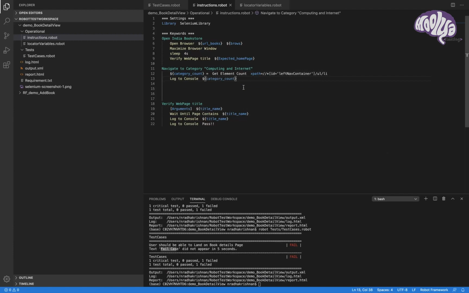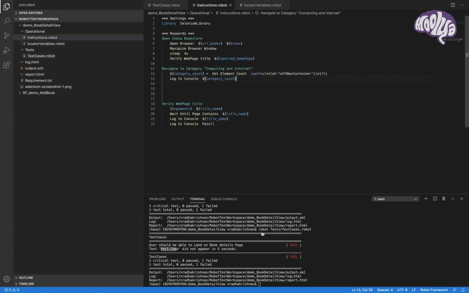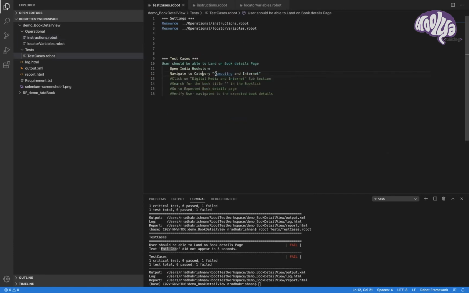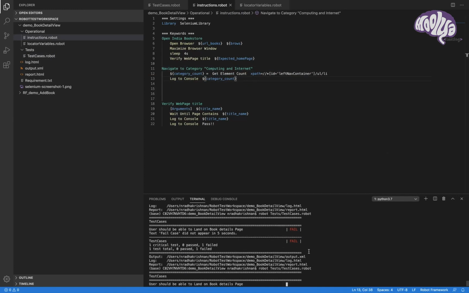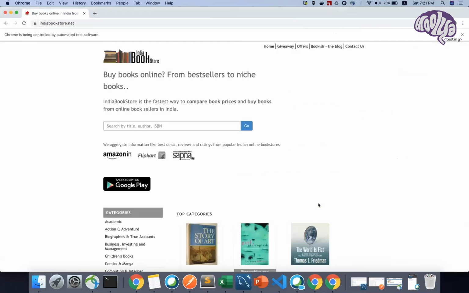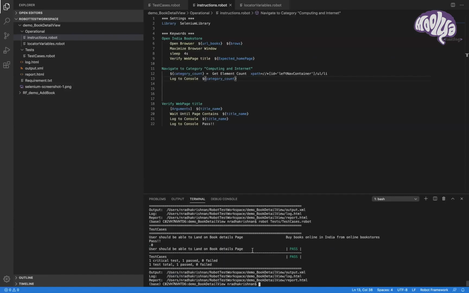Okay. So I have commented all the unused keywords. In this keyword, as of now, we are going to search for the list and then get the count based on this. I'll be seeing a number here in the console now, the count of list of categories. All right, did we find? I'm sorry, we are still facing 0.